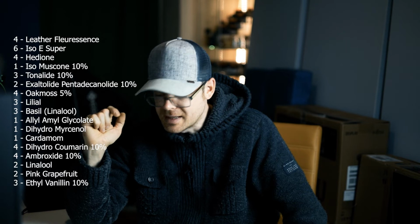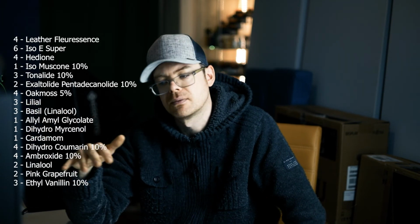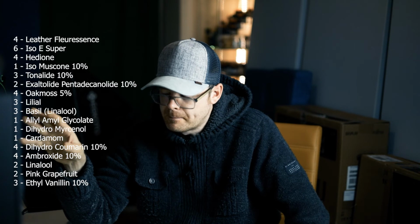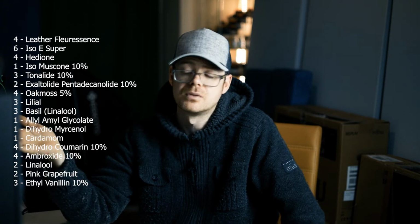And yeah, I mean, you could make your own leather accord. There's lots of information out there about making a leather accord, but this is just a phenomenal pre-made accord. So if it gets you into perfumery, then why not? Just take a base that you really love, add a little bit of musk, ISO Super, Hedione, and I guess